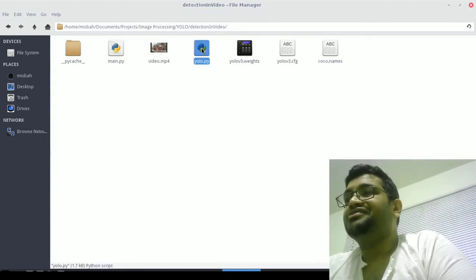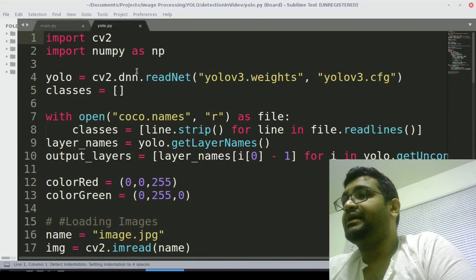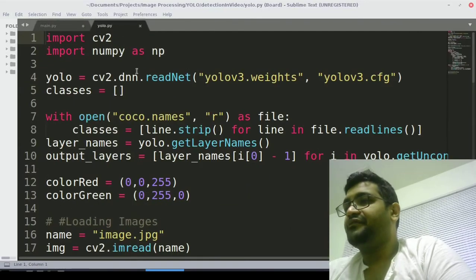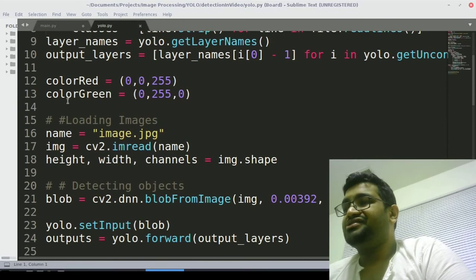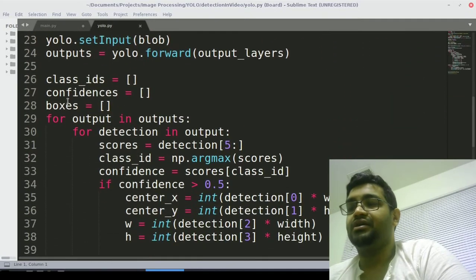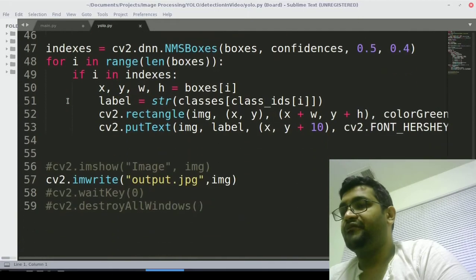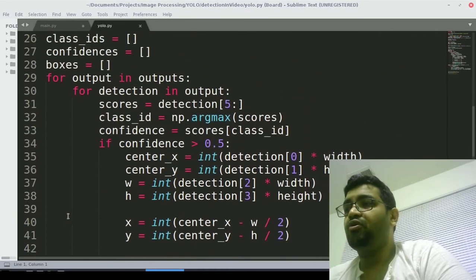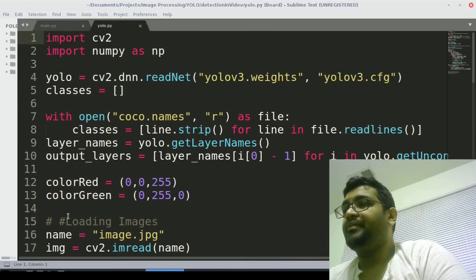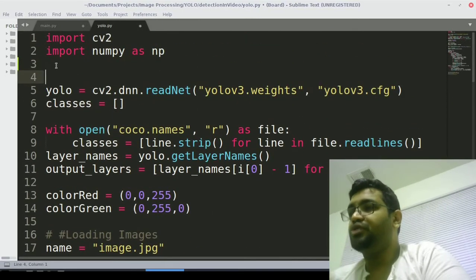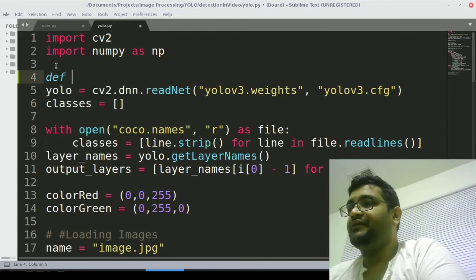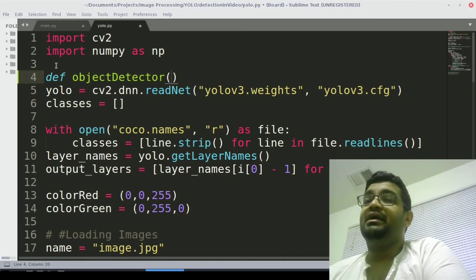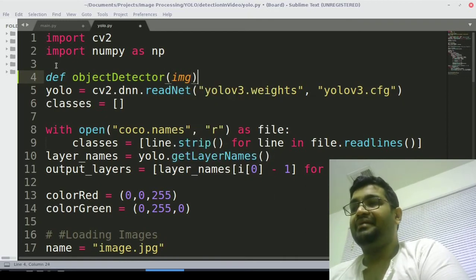Okay, now let's open the YOLO.py, and this is the YOLO object detector which we are going to be using, and this is the whole project that was shown in that previous video. So I'm going to use the same code of the YOLO object detector and going to make it as a function. So let's make it as def object_detector, and we will take an image variable. So I'll call it img